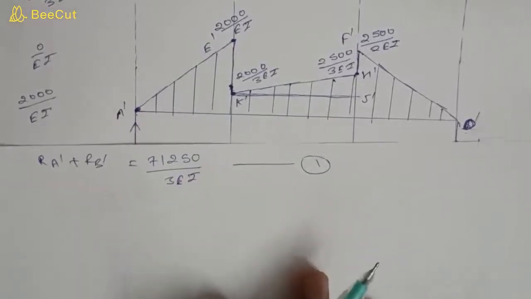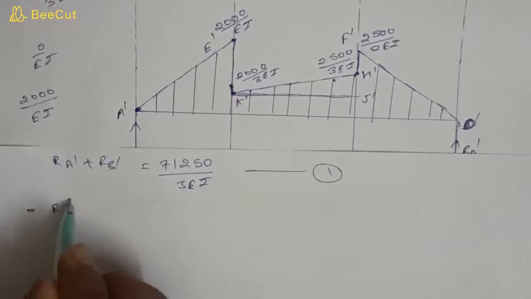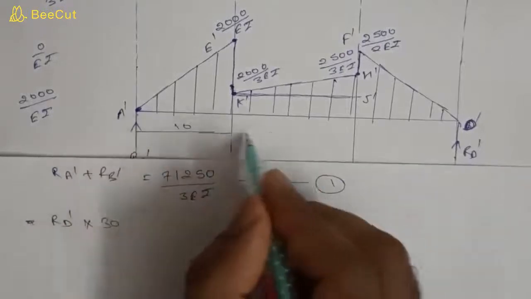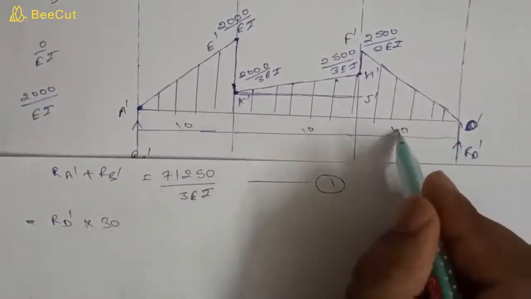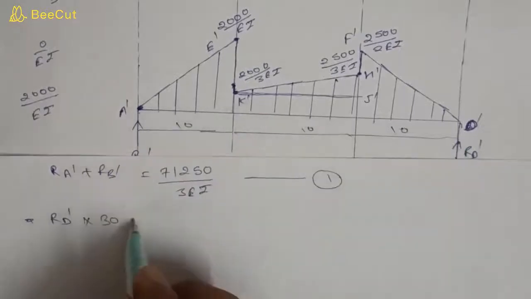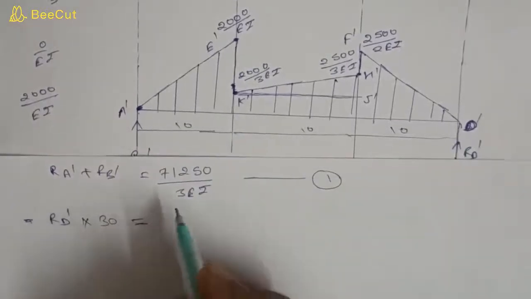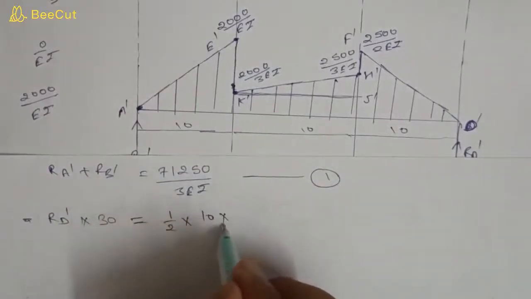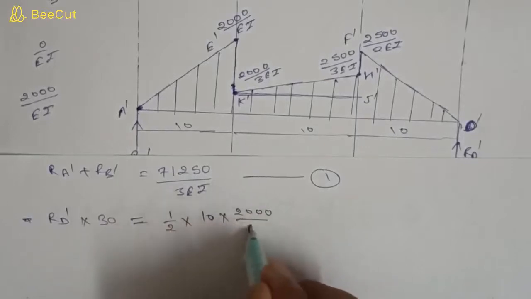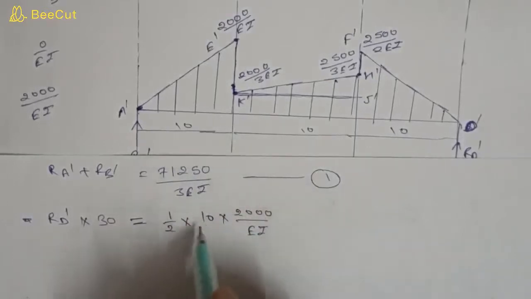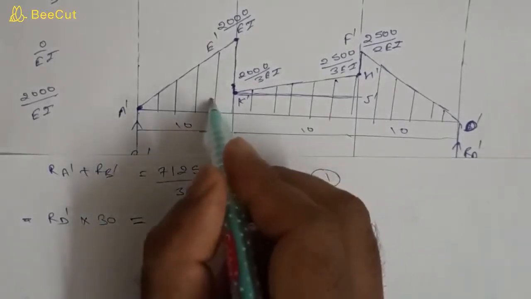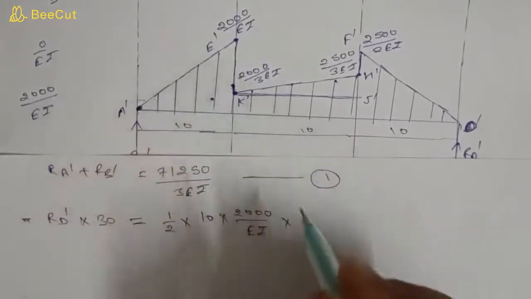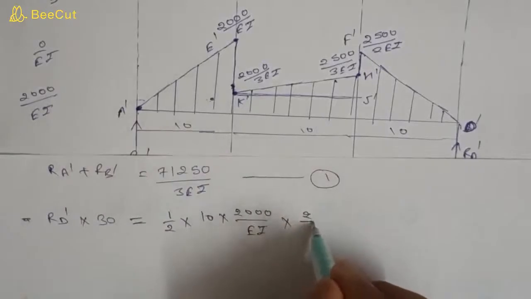So we will get RD dash into 30, this is 10, this is 10, this is 10, so RD dash into 30 is equal to the moment of the triangular load: half into base 10 into height 2000 upon EI, this is load, into the distance from the centroid, which will be 2 by 3 of this base from A dash, so 2 by 3 into 10,